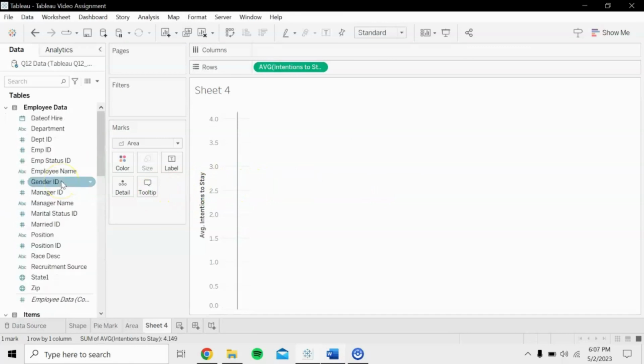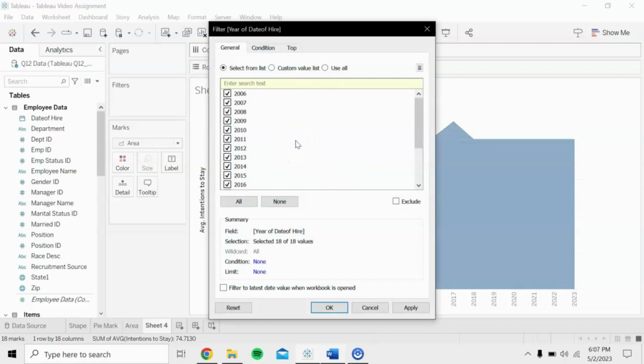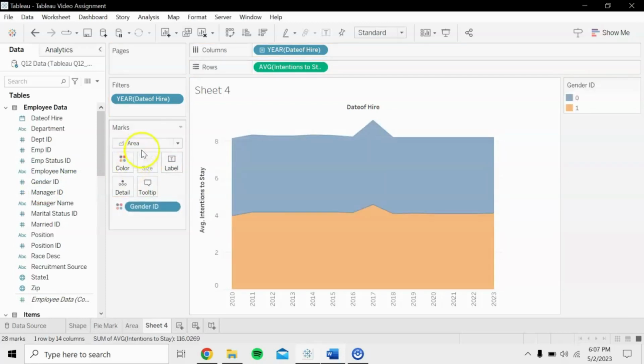And then you'll come back up to the top under employee data and select date of hire and drag that into the columns. And then you'll click this drop-down menu and select filter, and we only want data for employees that were hired after 2010, so you'll deselect all of these years, select apply and hit OK, and then you'll grab gender ID and add that to the color box under marks,